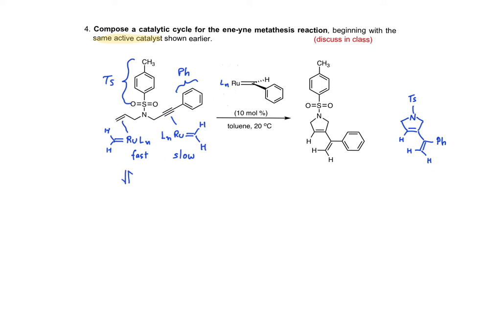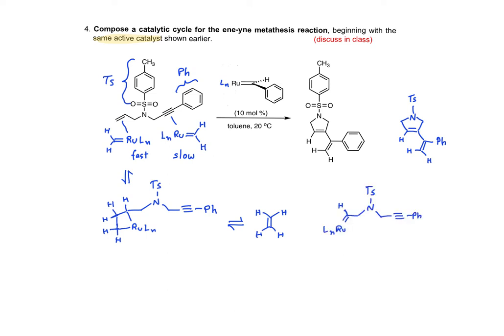This gives a metallocyclobutane, which opens to generate ethylene and a new ruthenium carbene. This is an initiation stage which produces a carbene that will be regenerated in the catalytic cycle. Redrawing this intermediate,